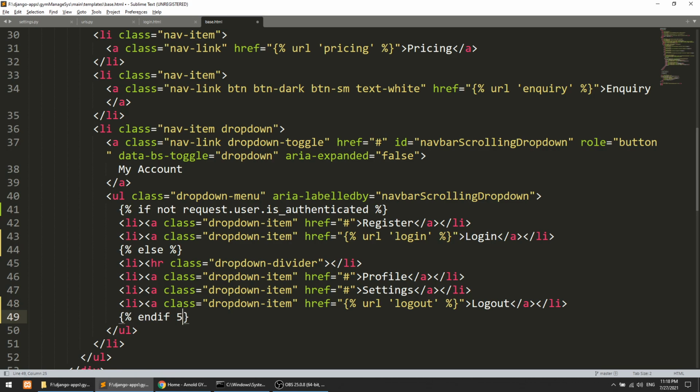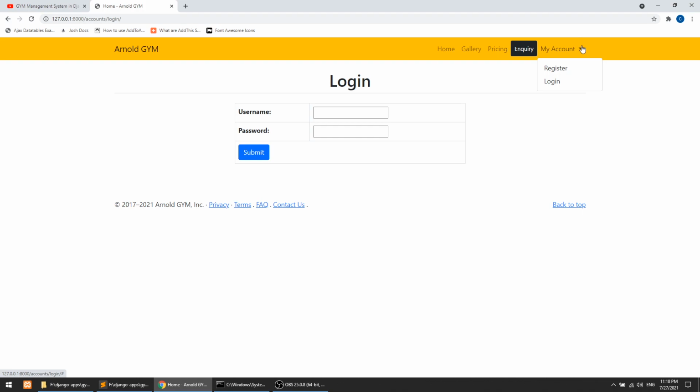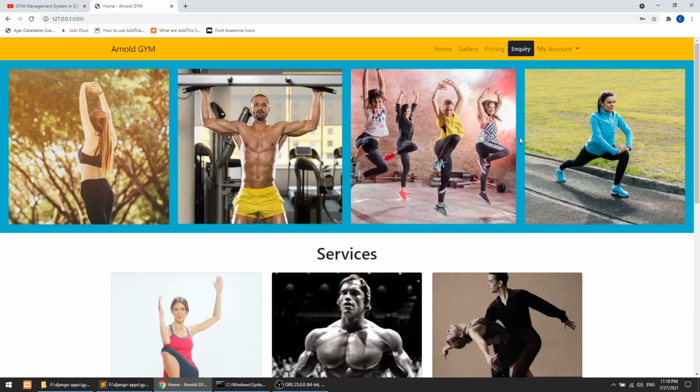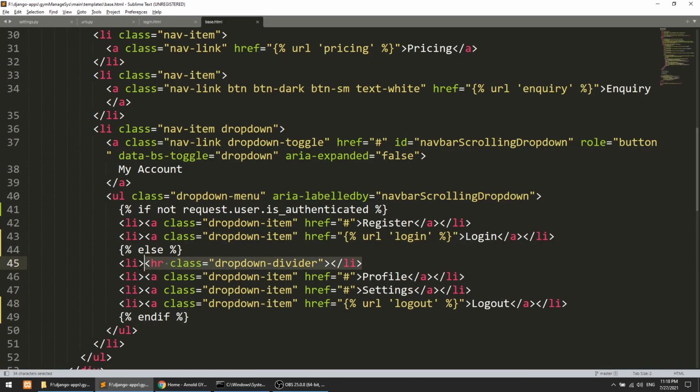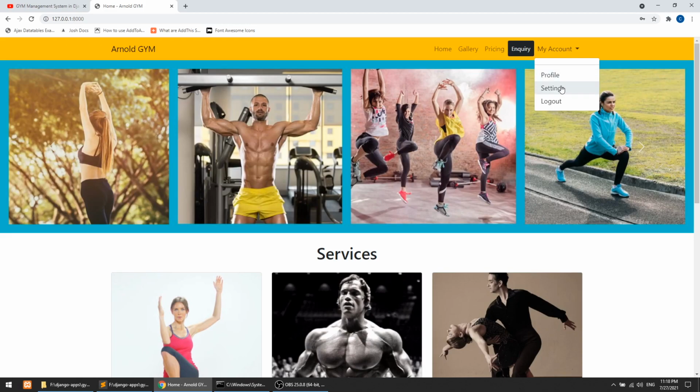Refresh the page, and here you can see that we have just the login and register links. Let's log in through the form, and now we have only profile, settings and the logout link. This divider should also go, it should not be here, because every time we have these three or above that two.